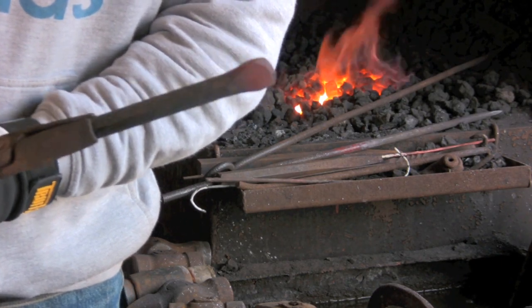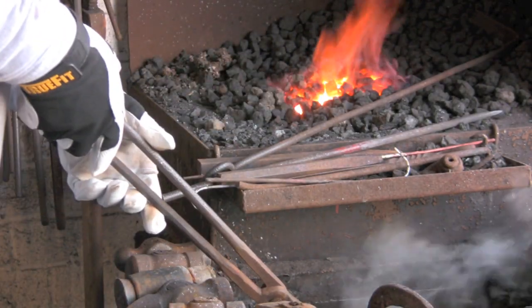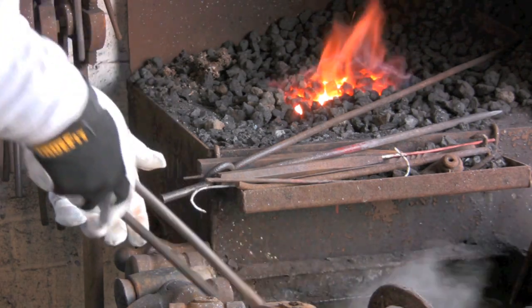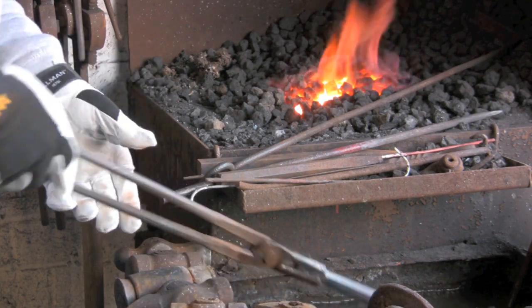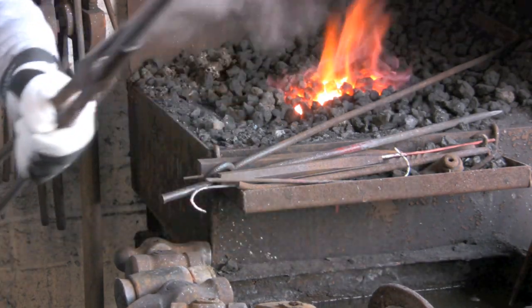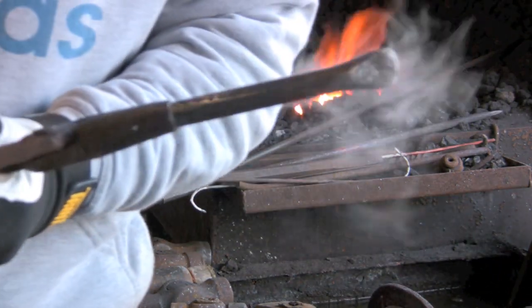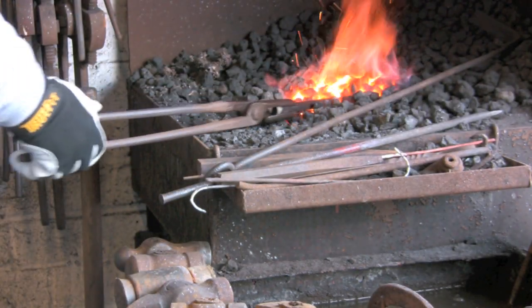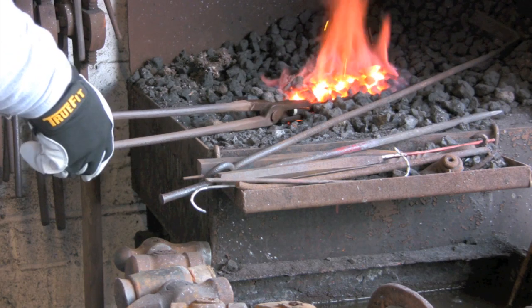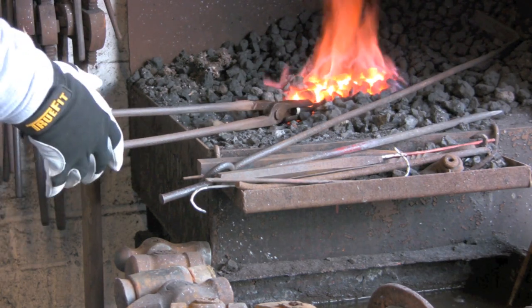Go on, stick it in. Right. I'm only using water because I haven't got oil, and I don't do much of this sort of thing these days. There you go. Now I'll stick it back in again and get it to what we used to call black heat,